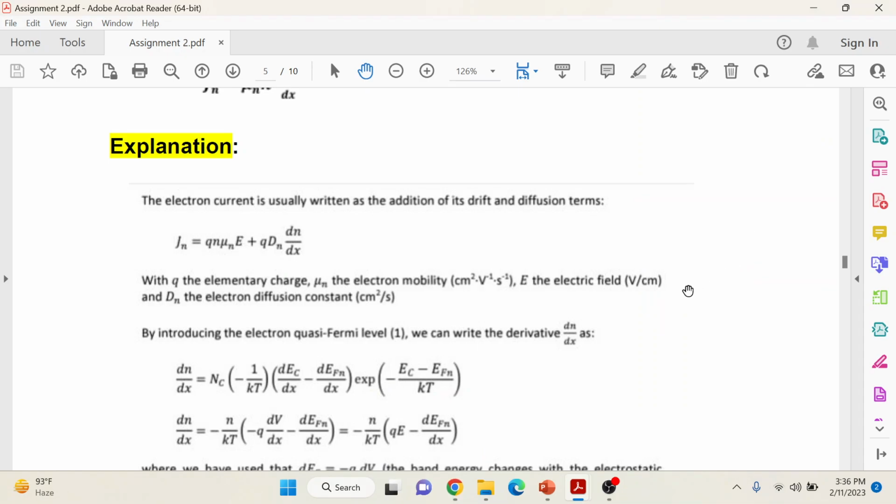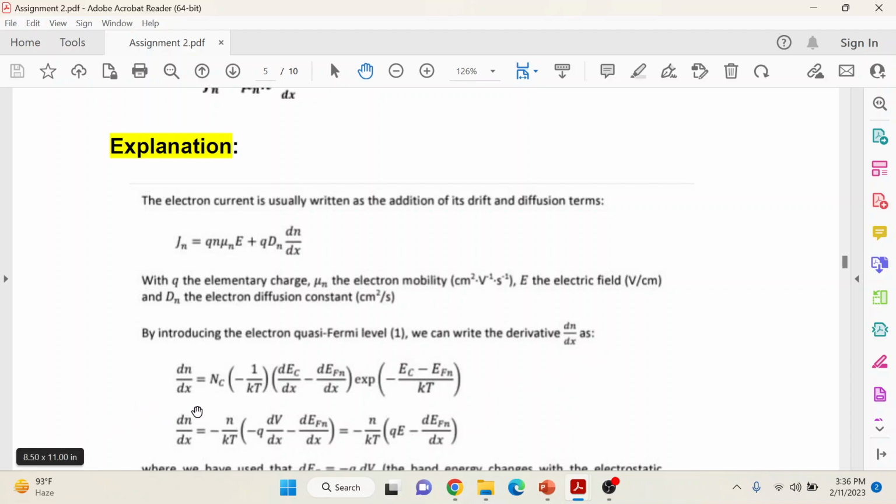So the electron current is usually written as the addition of its drift and diffusion terms: Jn = q n mu_n E + q Dn dn/dx, where q is the elementary charge, mu is the electron mobility in centimeter square per volt per second, E is the electric field in volt per centimeter, and Dn is the electron diffusion constant in centimeter square per second. By introducing the electron quasi-Fermi level, we can write the derivative dn/dx as